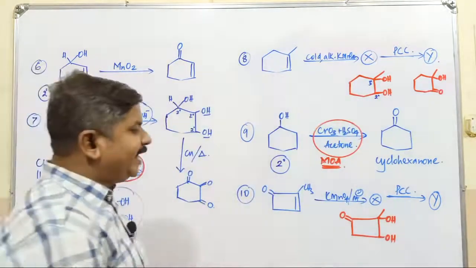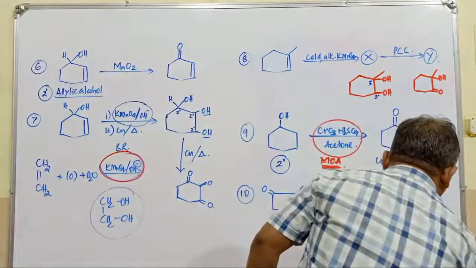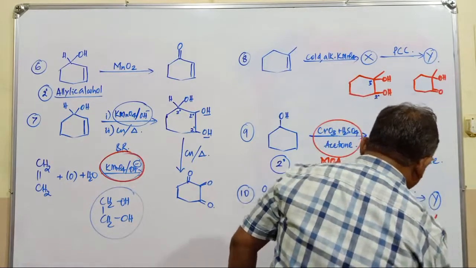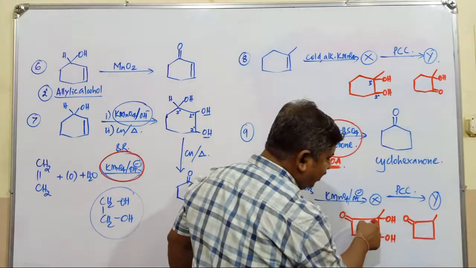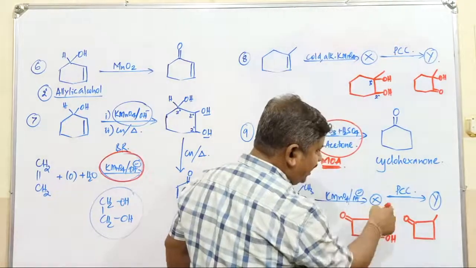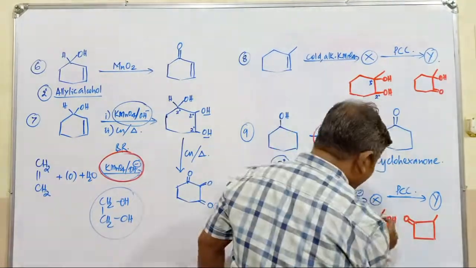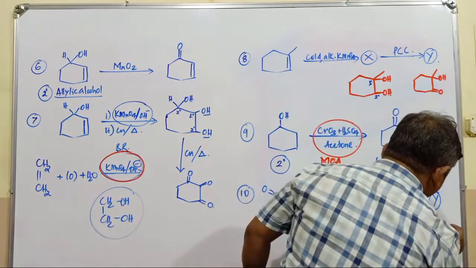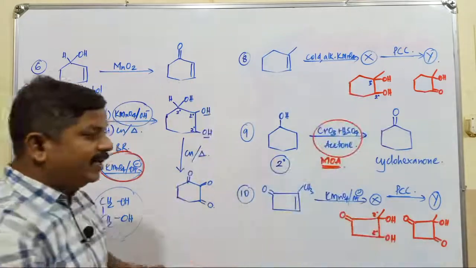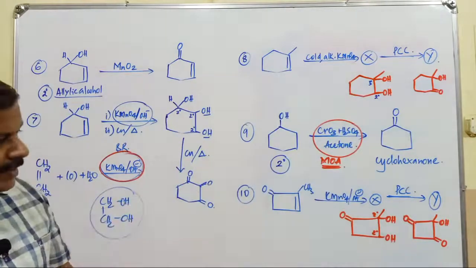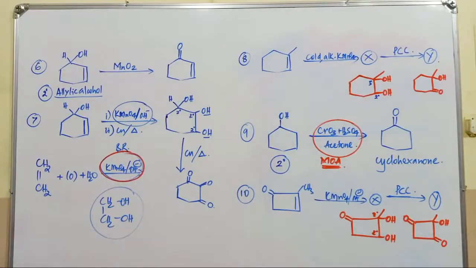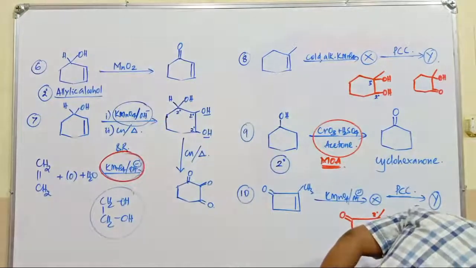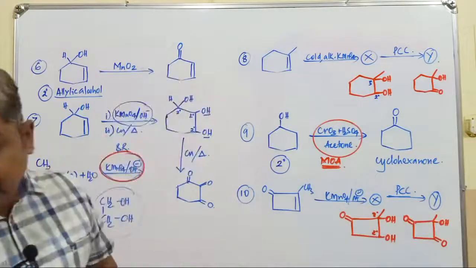What is the role of PCC again? PCC converts the secondary group into the respective ketone, and this is ketone as it is. Is this primary, secondary or tertiary carbon? It is one, it is second, it is third carbon; this is a methyl group, and here this is tertiary and this one is going to be secondary. Secondary group converts into ketone and this one remains as it is. So that is the compound obtained in the oxidation in presence of PCC. So these are the different types of products obtained in the oxidation reactions.